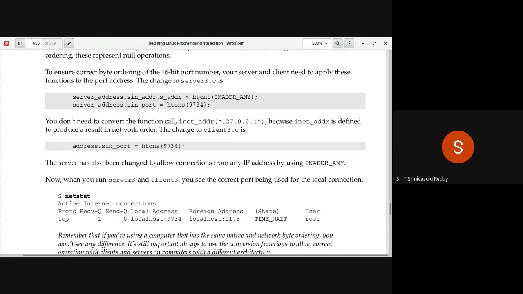So you are saying H2NL of INADDR_ANY in order to receive the connections from any of the clients. Similarly, H2NS of port number.